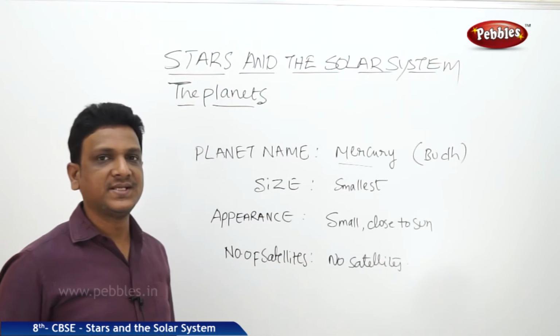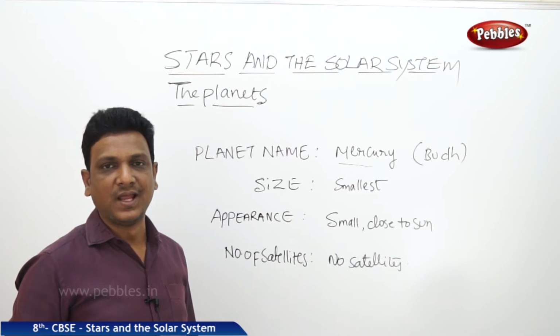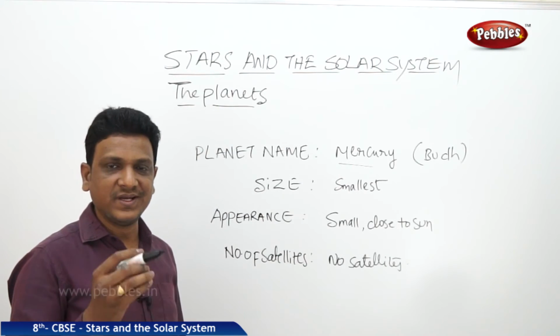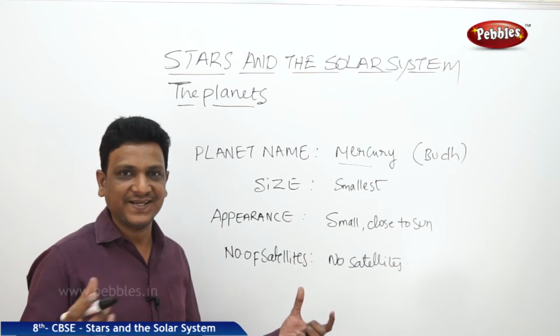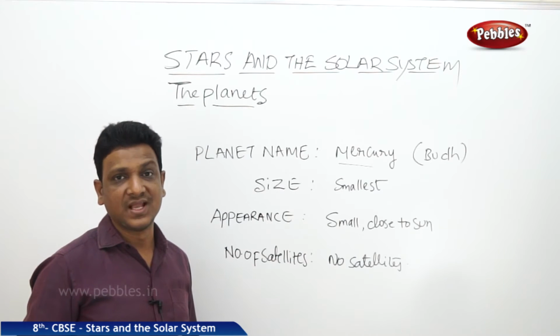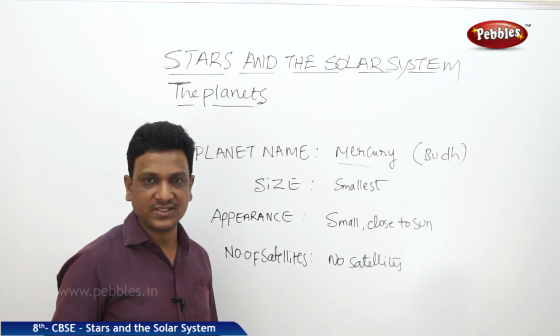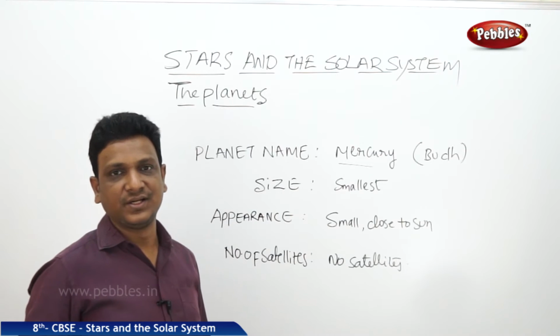So this Mercury is the smallest planet in the solar system. It is the smallest, and in distance it is the first, closest to the Sun. As it is very close to the Sun, it is not visible properly because the brightness, the glare of the Sun covers this planet. So you are not able to see it properly as it is very close to the Sun. It is seen only just before sunrise and after sunset, near